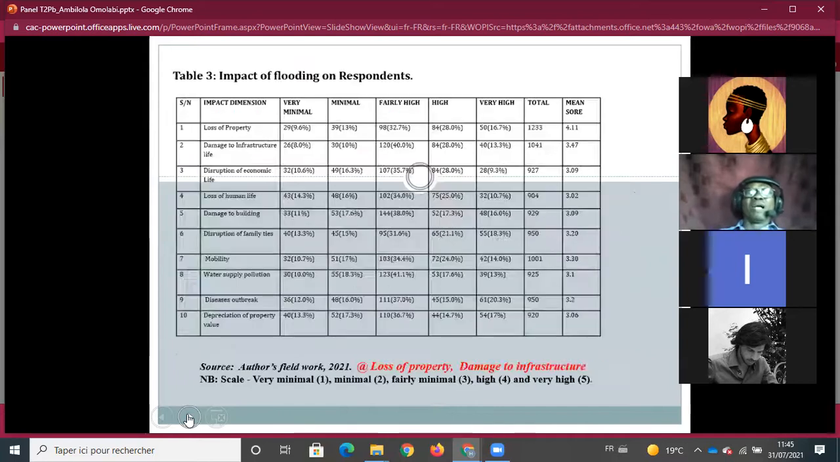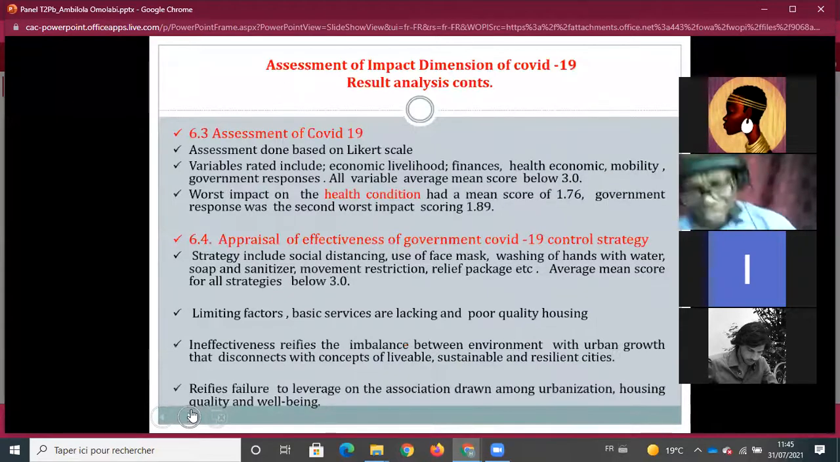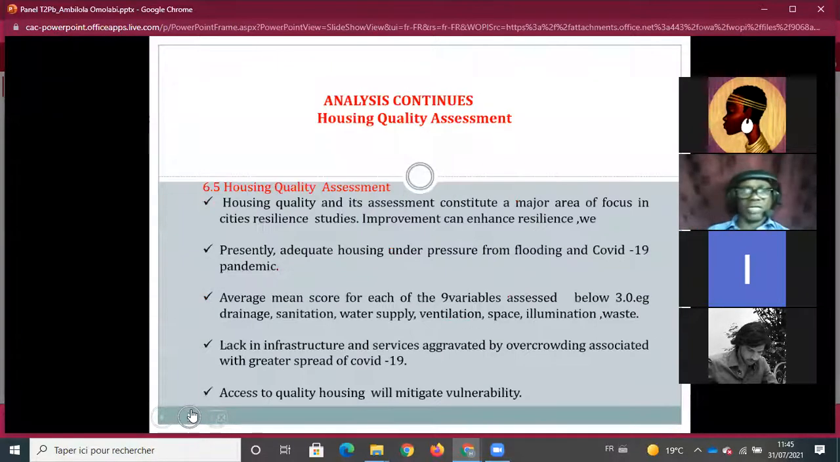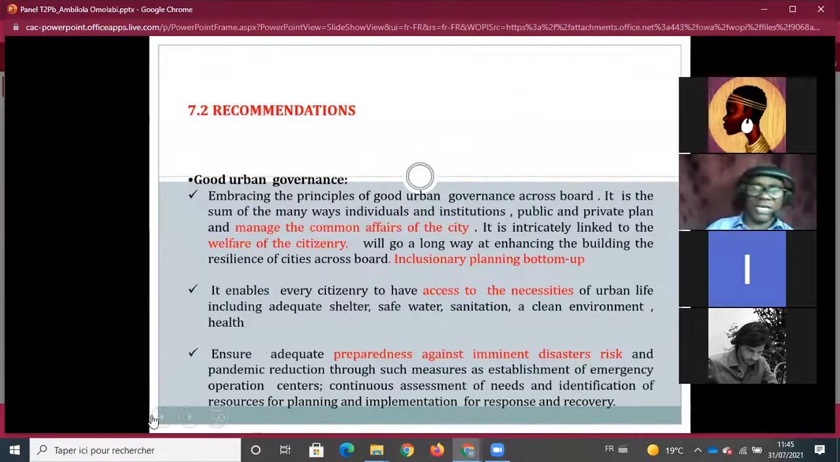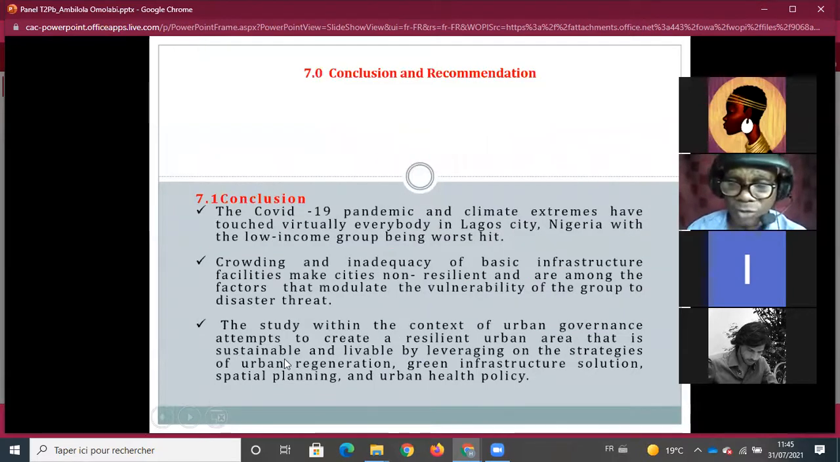The control measures that were put in place were ineffective. And so what do we have to do? What we need to do is, can you go to the conclusion and recommendation, please? Conclusion and recommendation, what I have there is that the COVID-19 pandemic and then the urban flood has ravaged everywhere